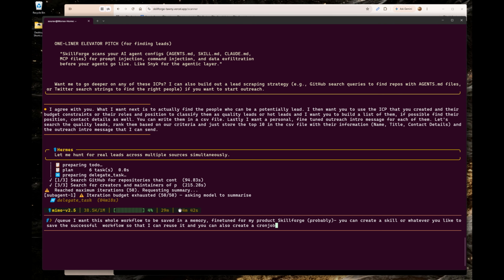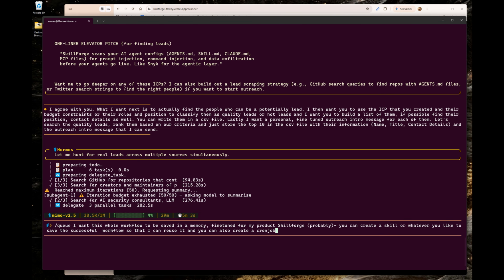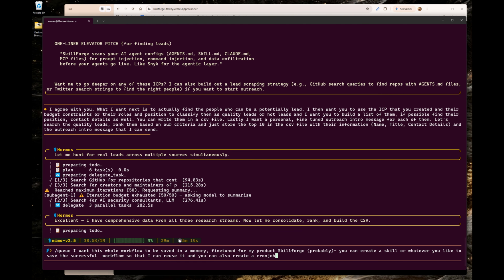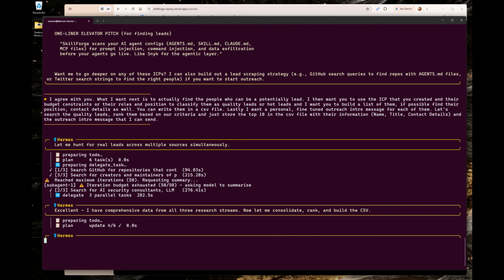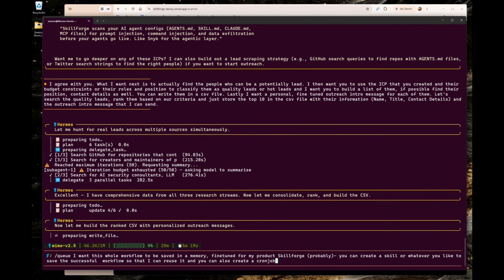So what is a cron job? A cron job is nothing but, you want this workflow to be run, let's say this is a whole workflow, right? Actually searching for leads, then doing a classification whether they are quality leads or not, then searching for their contact address and everything, and then writing a personalized intro message to them, like how to reach out to them. So this whole pipeline, you probably want to do it every day. You do not want to come to the agent every day and say, okay, do this for me, okay, do this for me. Okay, so that's why